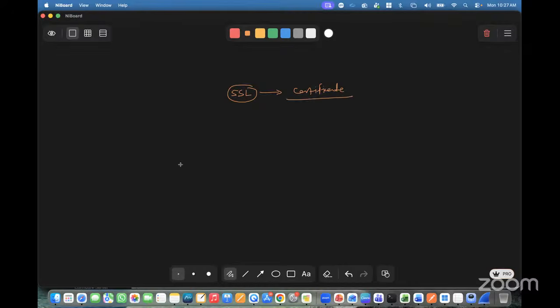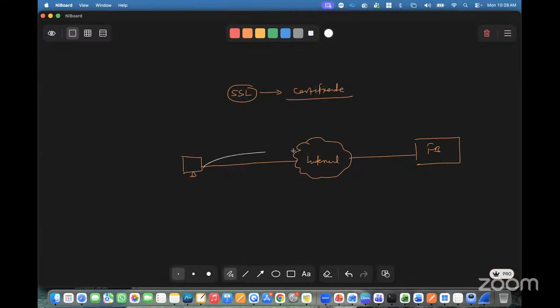And every client, let's suppose this is the PC and you're trying to access the server, that is a Facebook server. In between you and Facebook, we have the internet, right? Internet is accessible to everyone, anyone can access it. But how do you make sure that when you are uploading any file to Facebook or downloading any data from Facebook or gmail.com,